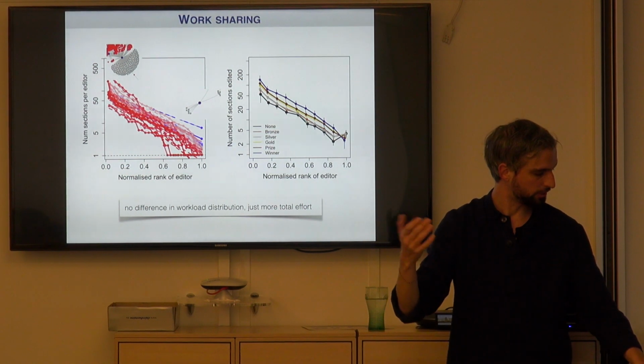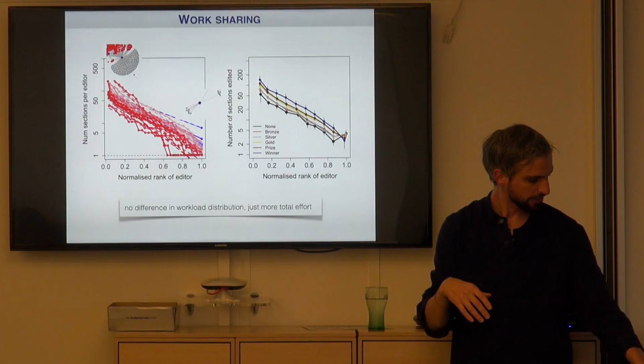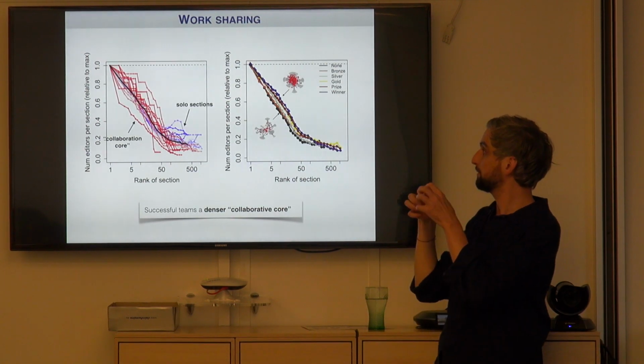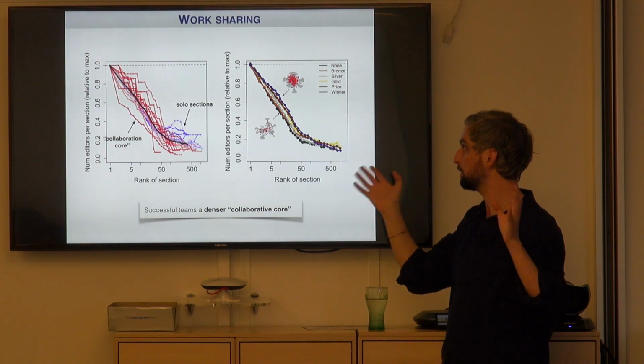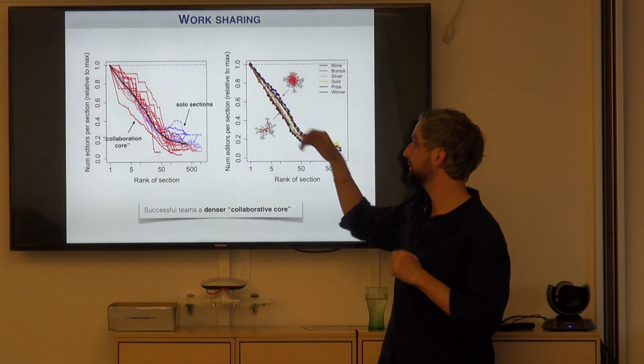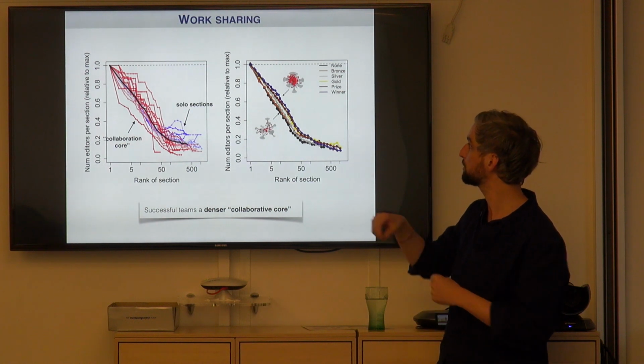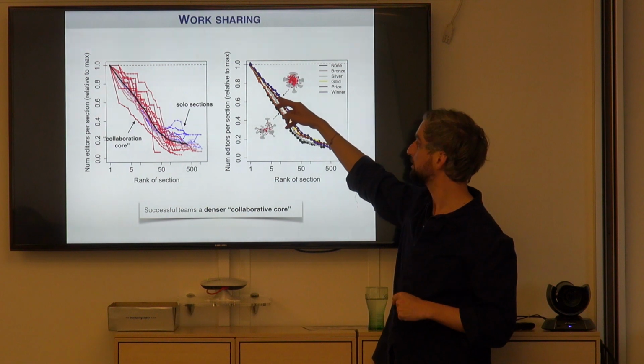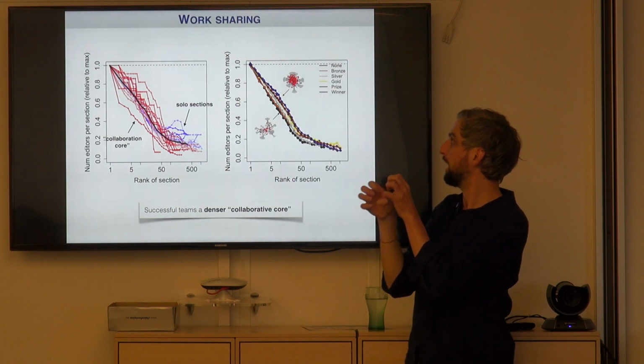It's just the quantity you've done that matters. But what I was interested in was how people have collaborated. So even with the same inequality of workload, how did they collaborate on collaborative sections? And in this one, what we found was that the teams that are winning the competition tend to have a